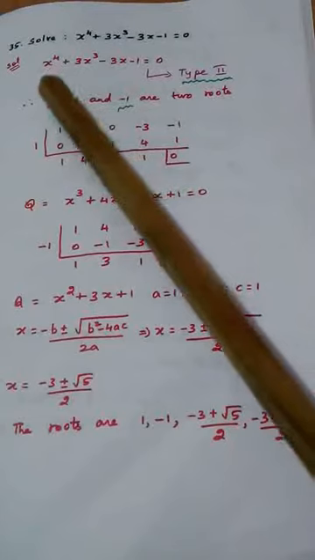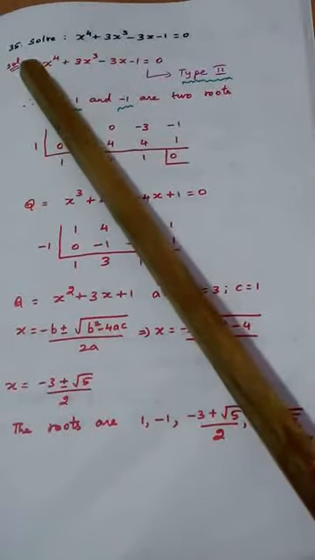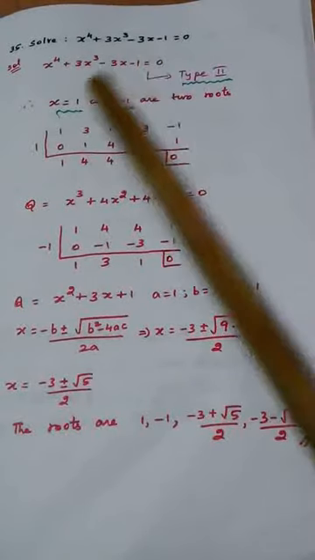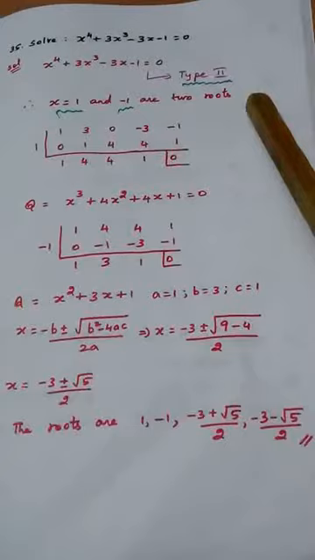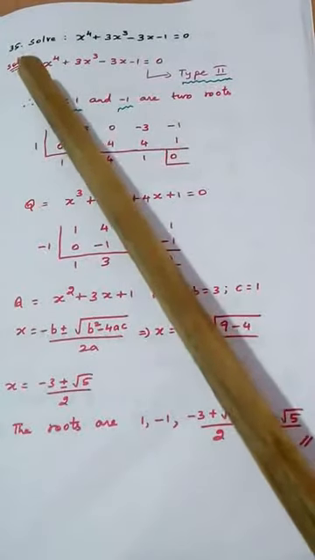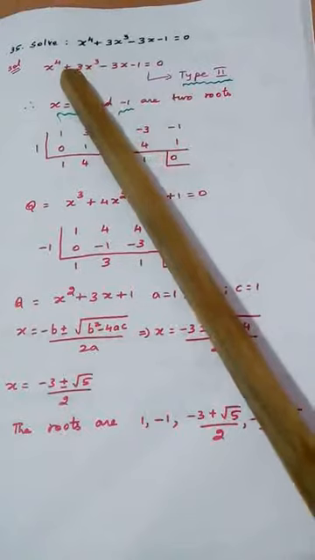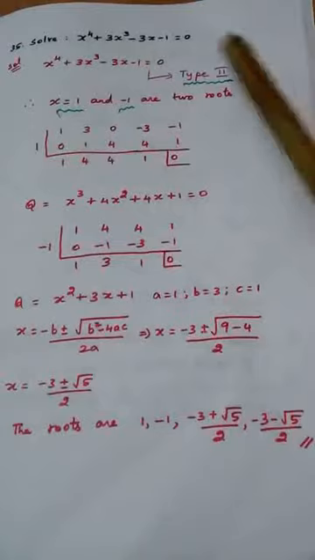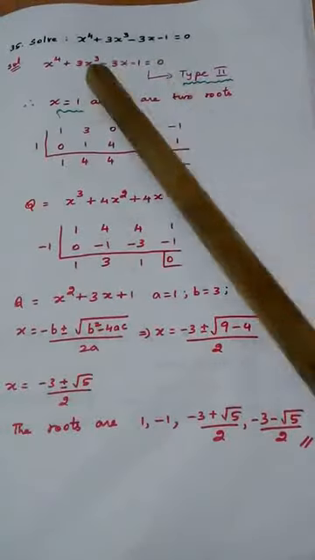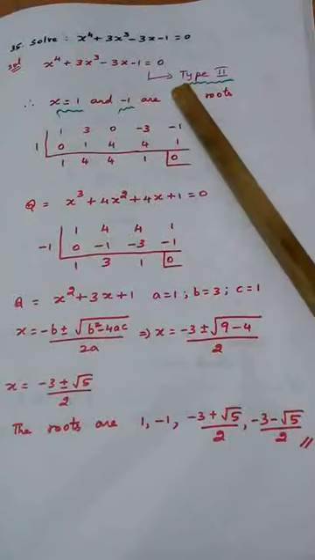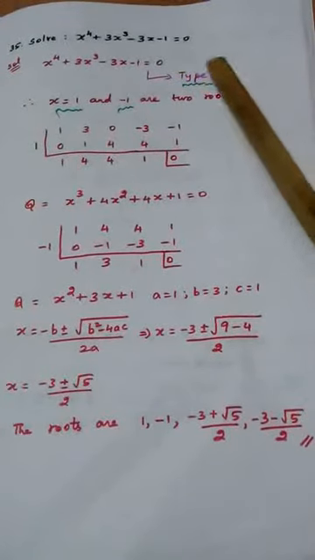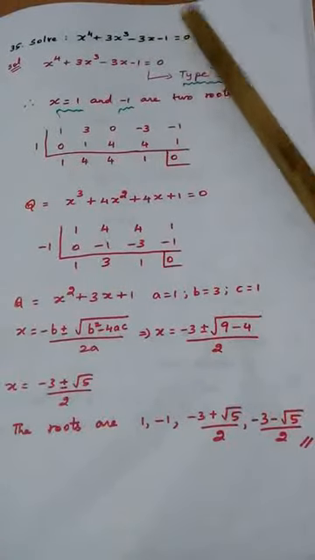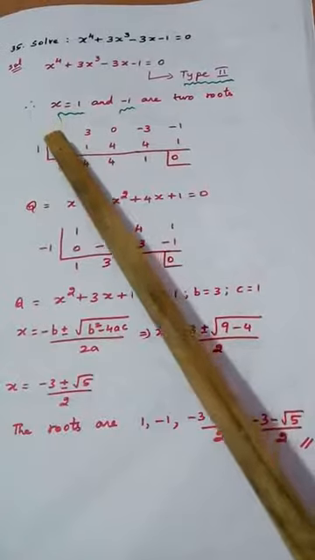Again, listen carefully, or even you can just verify: the sum of coefficients, 1 plus 3 is 4, 4 minus 3 is 1, 1 minus 1 is 0. Sum of coefficients is 0, so x equal to 1 definitely will be a root. If you see odd and even coefficients, 1 minus 3 is minus 2, 3 minus 1 is 2. So number wise they are equal, so minus 1 is also a root of this equation. Simply whenever a type 2 reciprocal equation comes, x is equal to 1 and minus 1 will definitely be roots of that equation. So what I am going to do is use synthetic division.